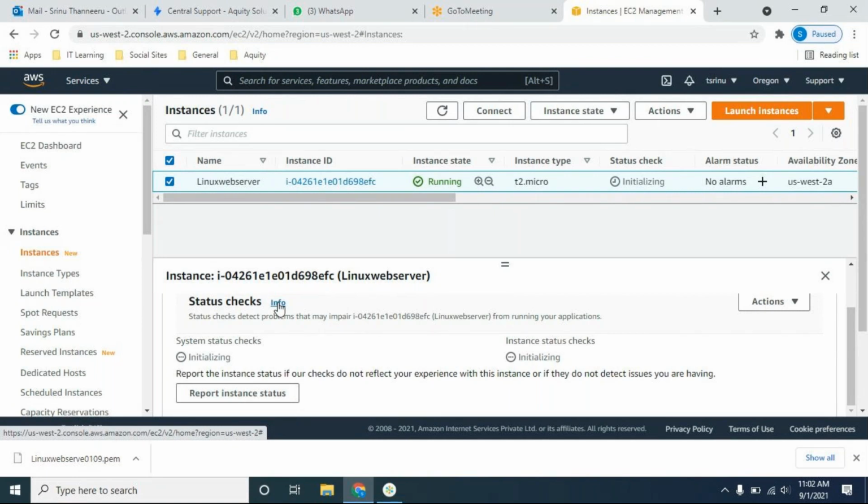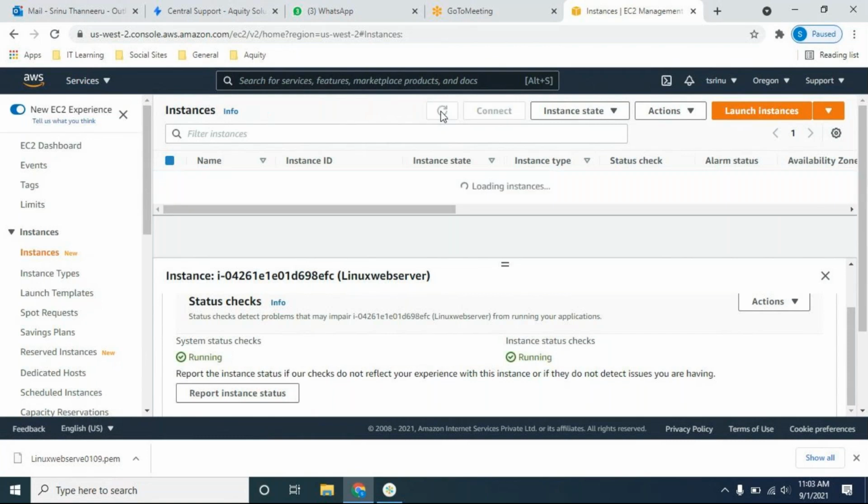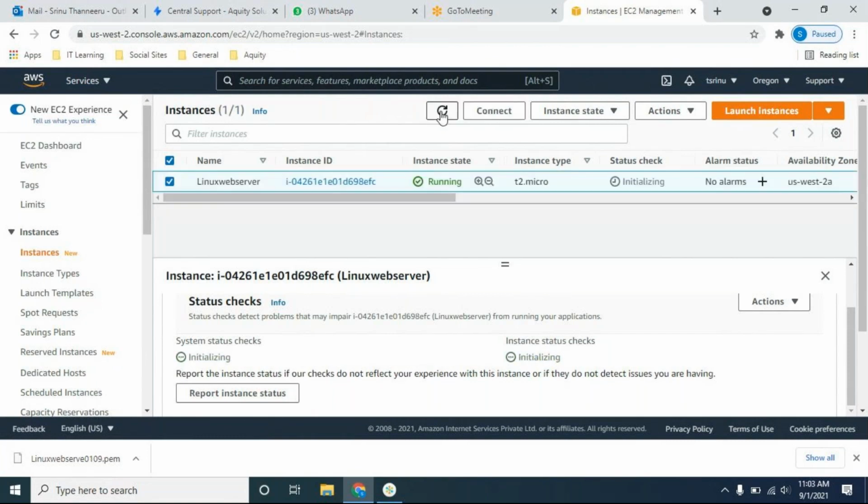If either fails, the issue will happen with connectivity and you will not be able to connect to those servers. I'll tell you tomorrow what action you need to take if something failed. We'll cover the status check part there.